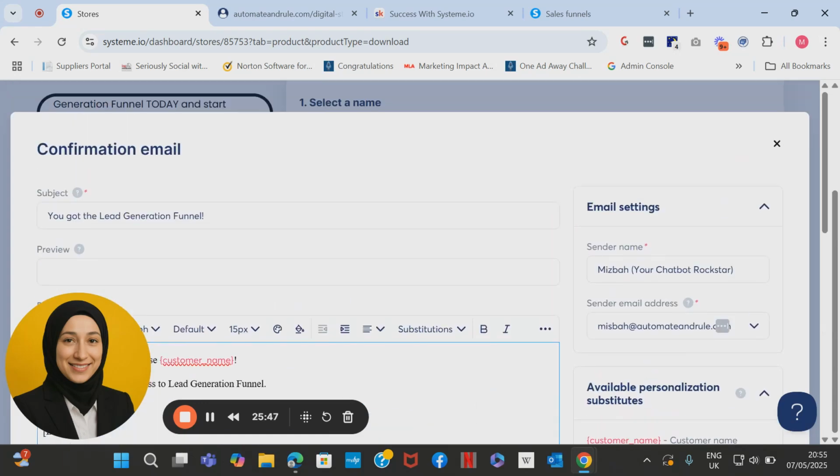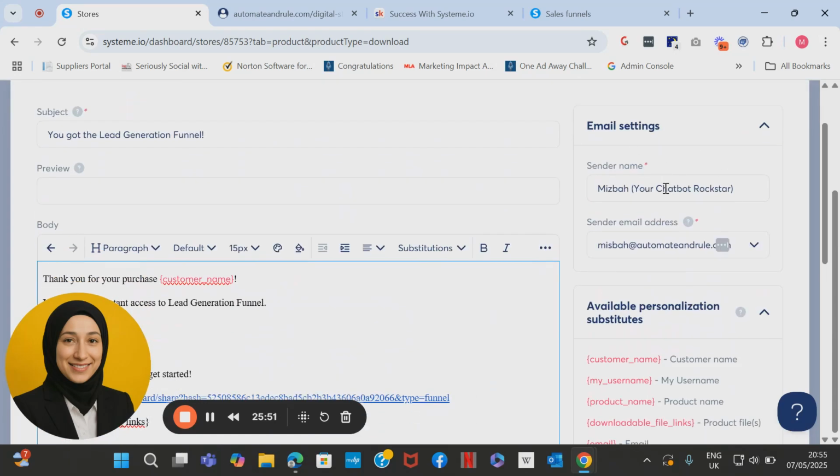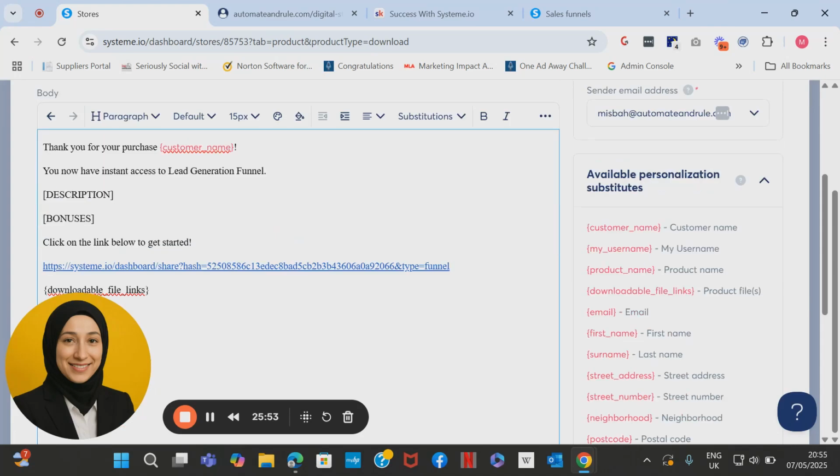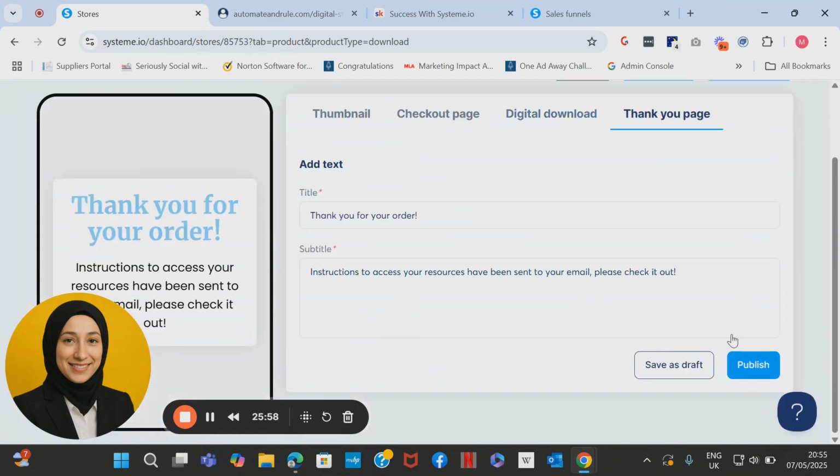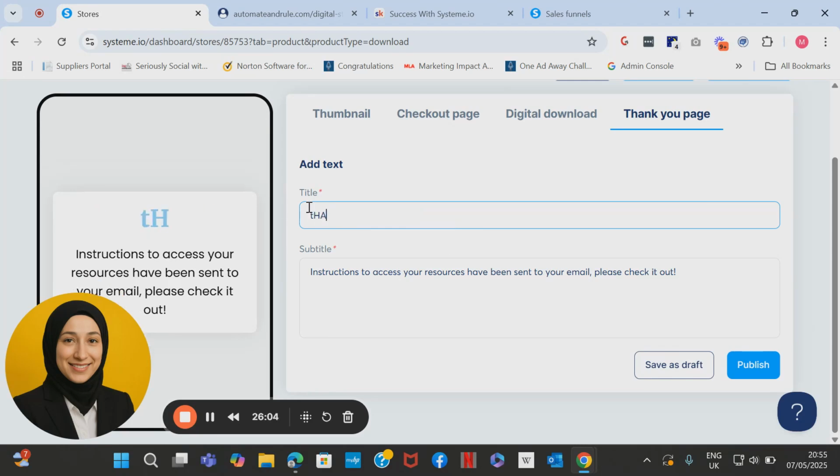Once you're done, you have configured your sender name and the email address, you can just go ahead and save it. All right, then just click on next, and then this is what they're going to see after they have already made their purchase. So thank you